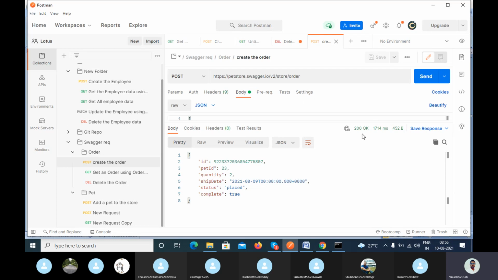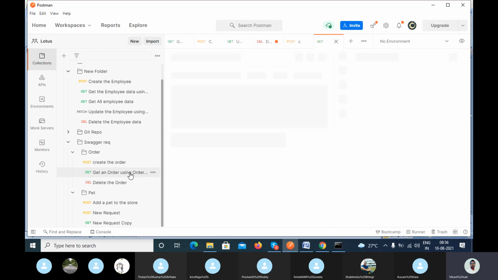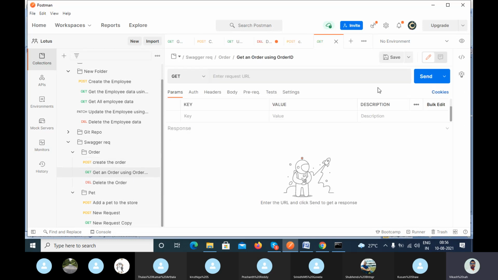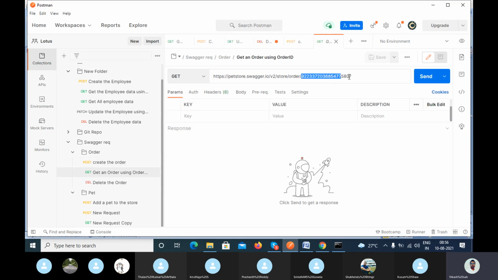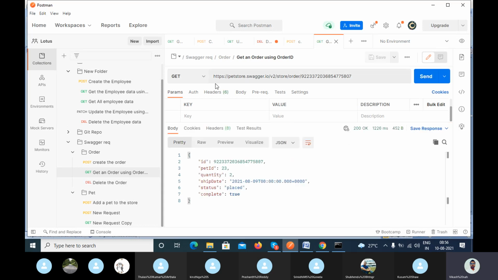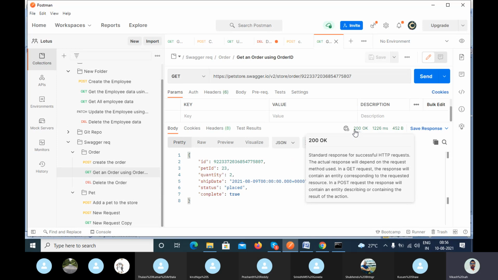Clear concept. Okay. And you can see here when I'm trying to get the order, let me pass the order number here, Get by ID. Let me paste it here and try to call. Can you see it here in the GET call? We are getting 200, not 201 or 204.